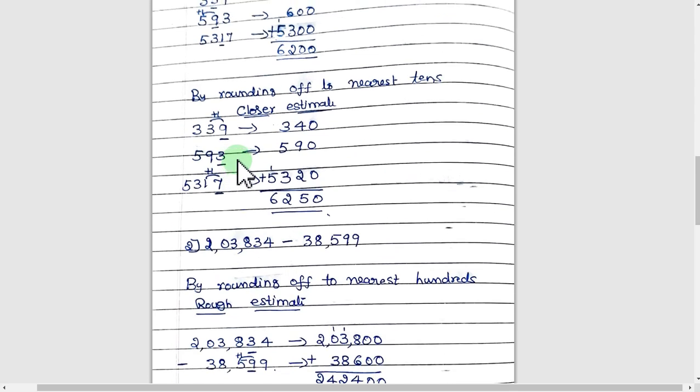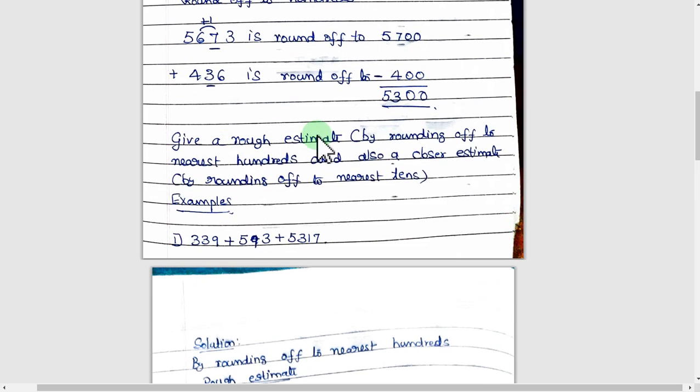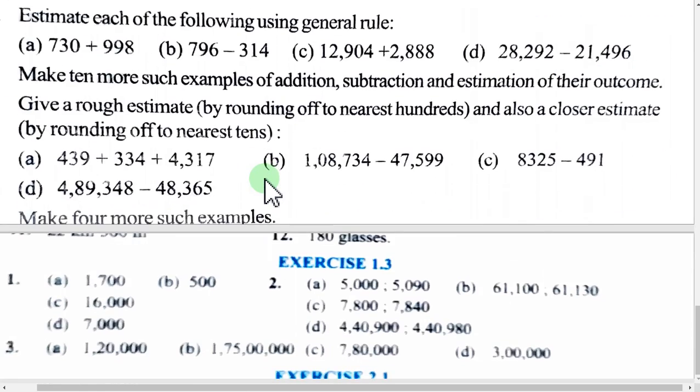Now here we have solved. Next, with the heading only, I solved sums. These sums you have to refer to. See here, first of all you have to round off to thousands, tens, hundreds place and add. That is called the rough estimate. Then again you have to round off to the tens place and add it, that is the closer estimate. Refer to the next example sums. Make 4 more such examples. Give some questions to yourself and solve, and the answer page is also here. Check your answer from the answer page.